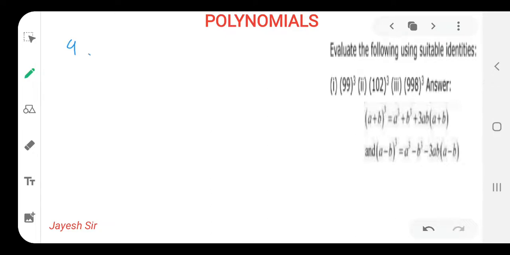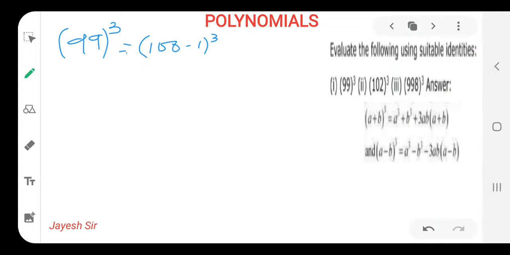Yes friends, we all know how to write 99 as per the distributive property we are using. This is 99 cube. Can we write it as (100 minus 1) the whole cube? This can be written. So now we have got the two terms, 100 and 1. I hope you all are getting it. Which terms have we got friends? 100 minus 1. In this way we can write (100 minus 1) the whole cube, that can be written as 99 cube.